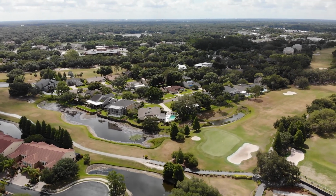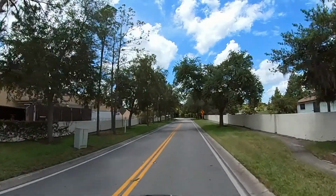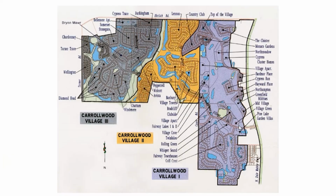A lot of nice views. All right, so if we keep going, this whole road right here comes right behind the Publix and the shopping center that's right here. There's a lot of restaurants to eat at as well. Once you end up getting back to South Village Drive and make a right, again, this is the main drag